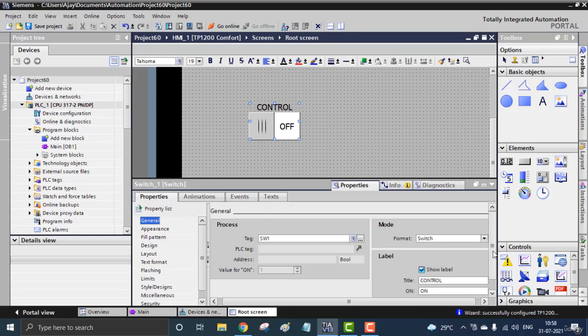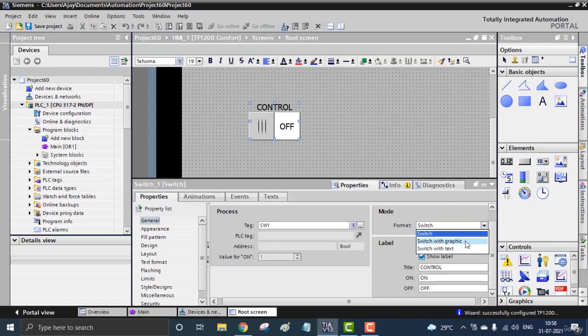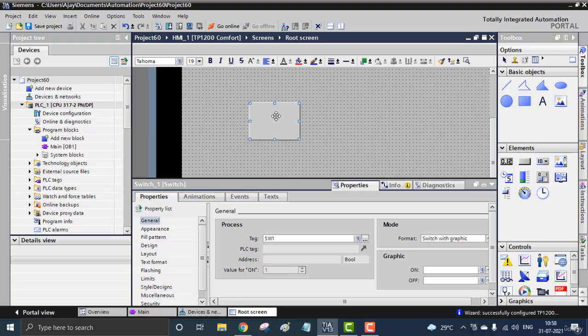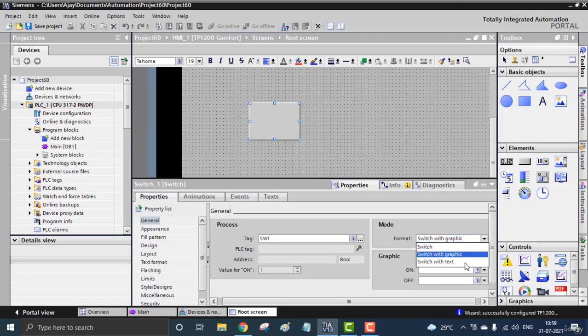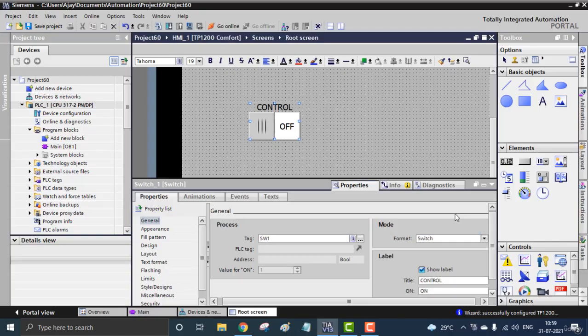So that is the basics. Labeling and mode format will be switch with the graphics, switch with text or condition, and I'm using the normal switch. So that is the basics for the switch.